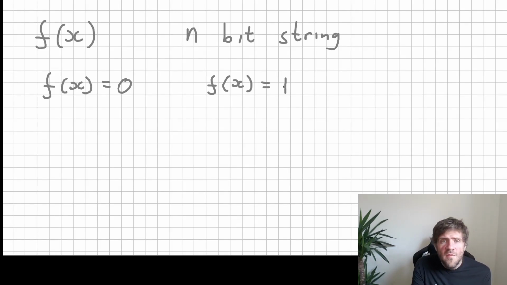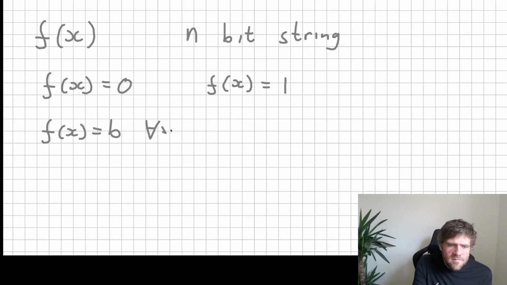Now we've been given it with the promise that it's either constant or balanced, and constant means that f of x is going to give the same bit value for all values of x,